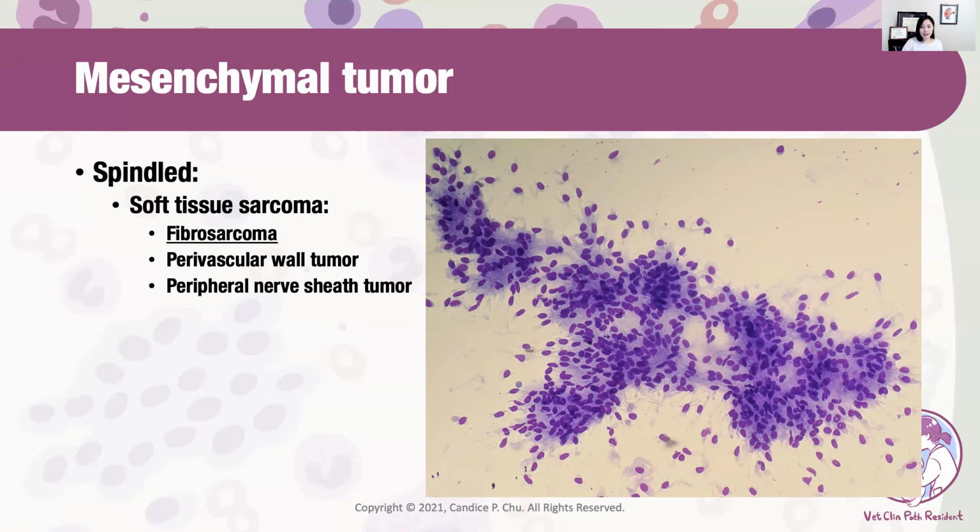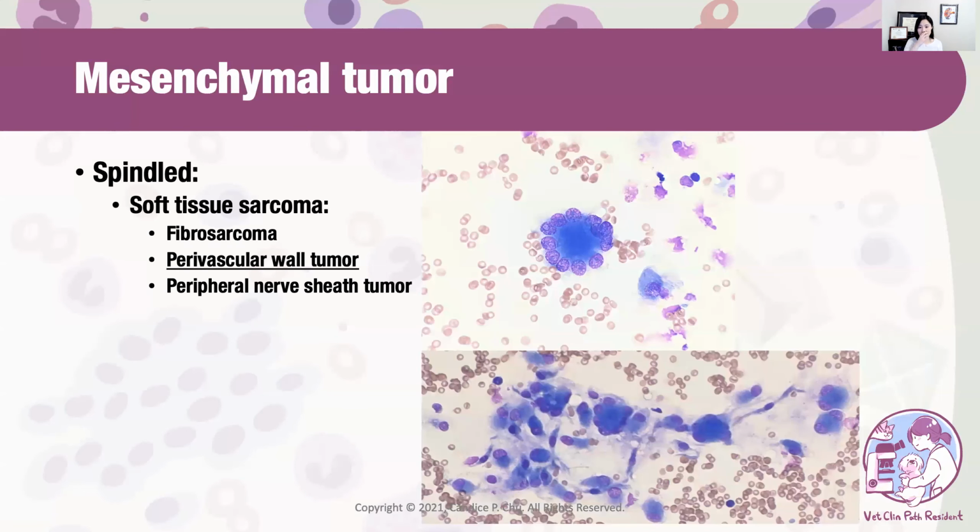And similarly, this one would be another type of soft tissue sarcoma called perivascular wall tumor. The reason this type of morphology is associated with perivascular wall tumor is that the cells are more roundish, and it's very common to find binucleated or multinucleated cells. And they have a morphologic feature of